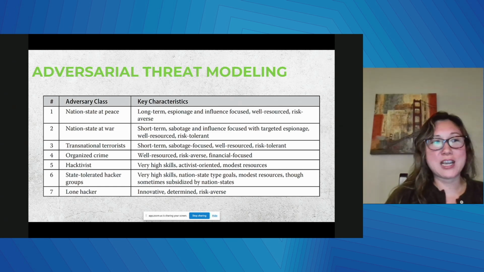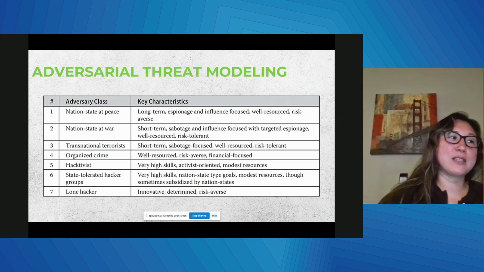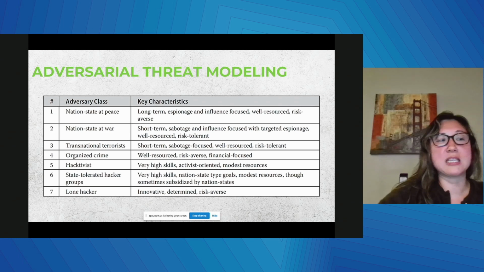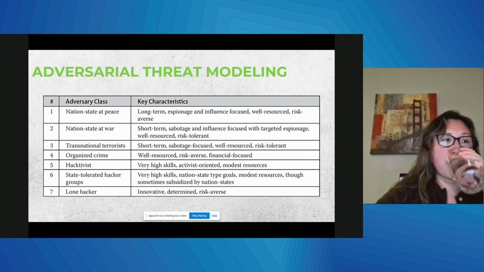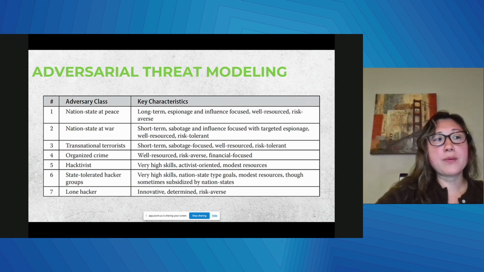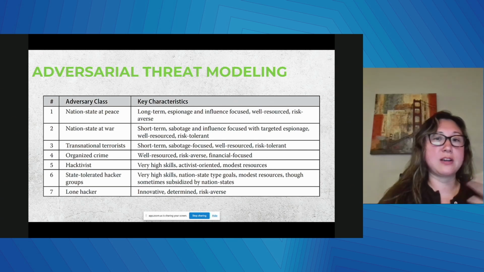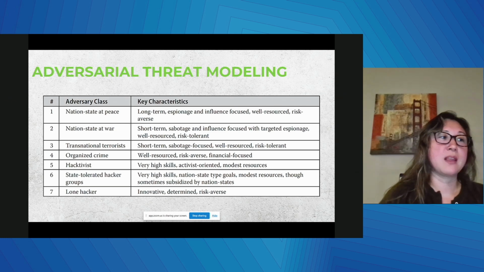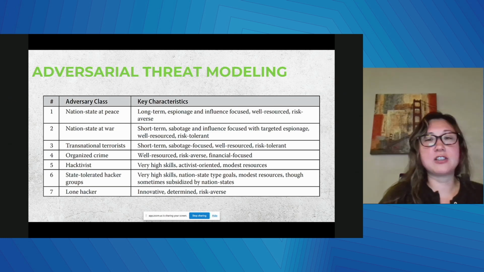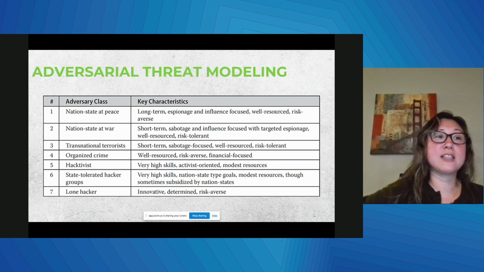So we must first understand who would want to compromise our systems and select which adversary models to use when we're doing risk assessments. Then we'll understand their means, their motives, and their opportunities to come in and damage the mission. To gain this understanding, cybersecurity engineers can study historical attacks against similar organizations and systems.